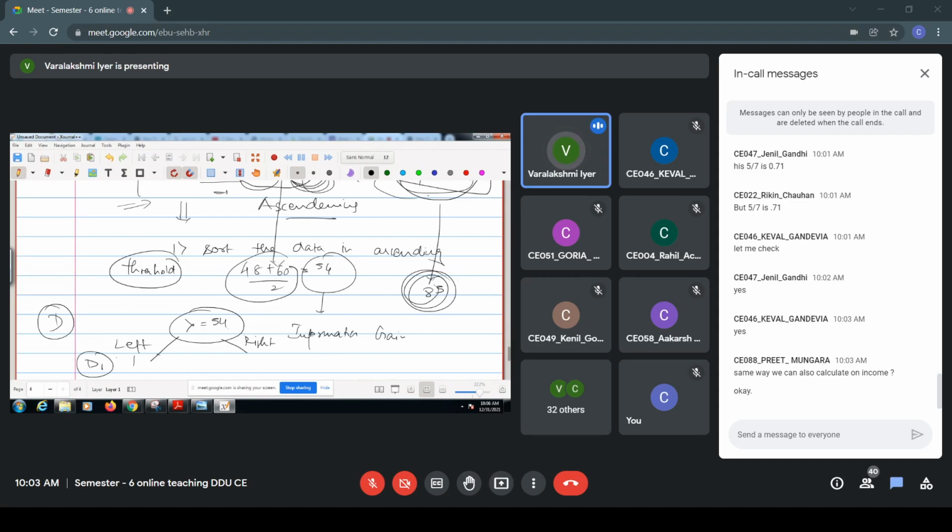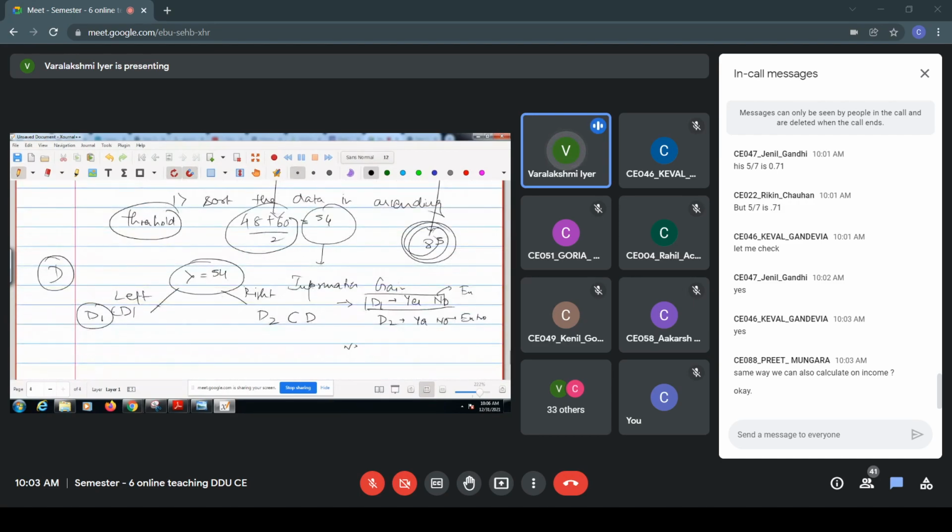So here data set D1 is a subset of D, and data set D2 will be a subset of D. In a similar manner, for data set D1 you have to calculate yes cases, no cases. For D2, you have to calculate yes cases, no cases. Based on that, you will calculate the entropy of each, and in the end the weighted entropy. And you will subtract that from the entropy of the entire system to calculate the information gain for this particular threshold value. Okay.